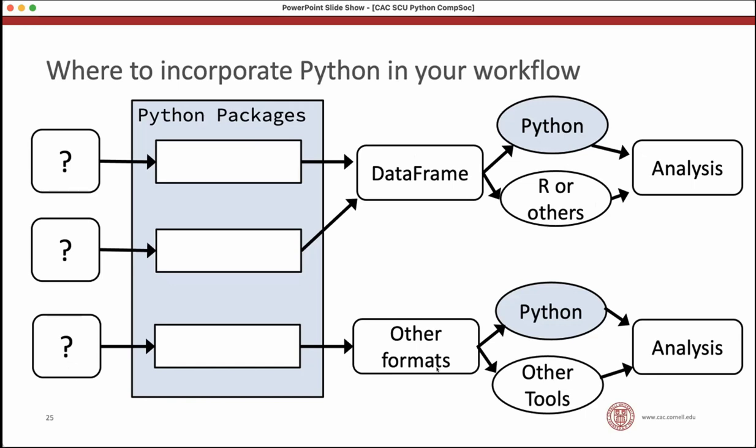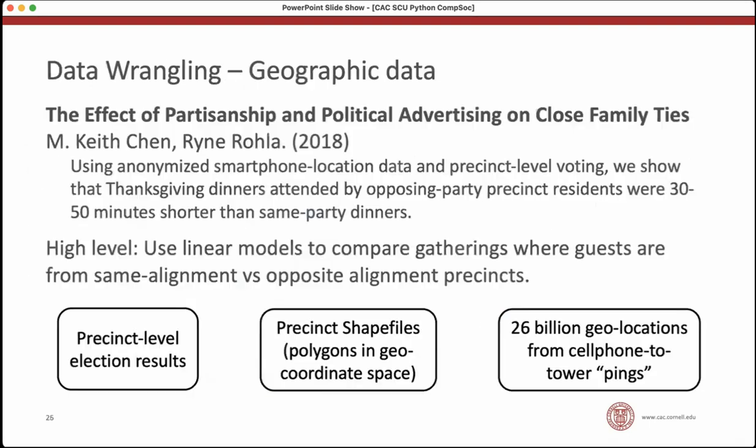You can also use Python to go to other formats depending on what you need. At the end of your research, there's also the sharing and communication part with Jupyter notebooks that I didn't put on this plot. So as an example of data wrangling with Python, particularly when dealing with geographic data, I'll use this particular paper